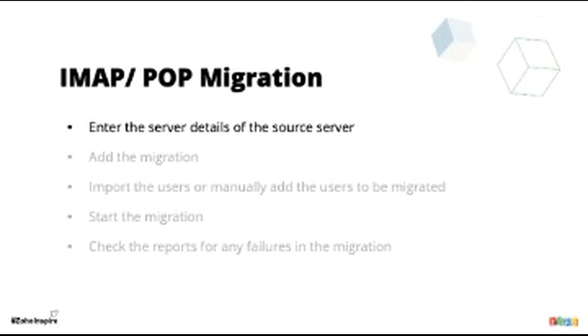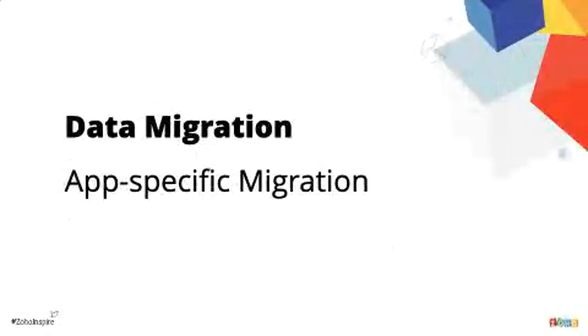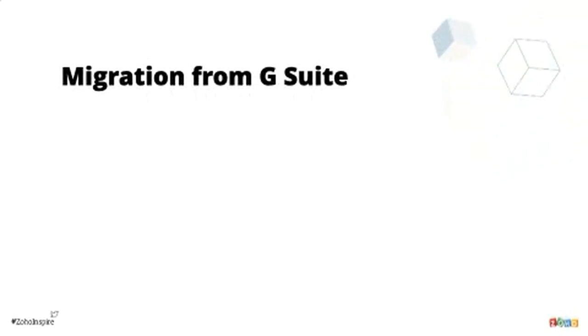So like I said, other than the IMAP or POP migration, we have app-specific migration options, the first of which will be G Suite. The app-specific migration option is mainly available for G Suite, Office 365, and for Microsoft Exchange. We have added these services here mainly because we've been receiving a lot of migration requests from these services. So we are also in the process of adding a lot more services. For now, this is what we have available, and I'll walk you through how to use them.